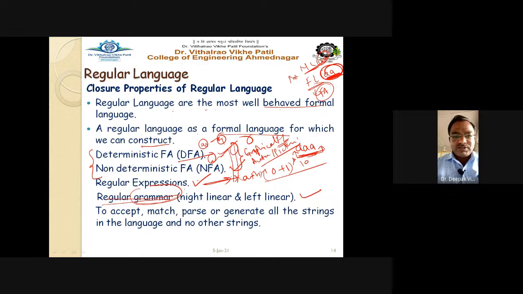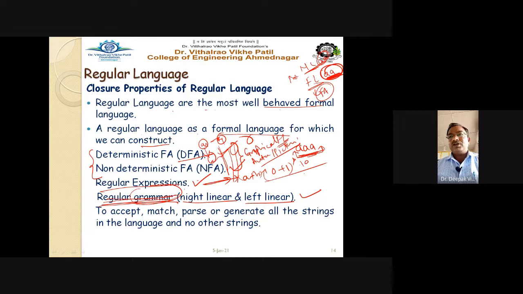And one more way to define a language is called your regular grammar. It may be either a right linear grammar or a left linear grammar, that we are going to see. But for the regular language, there are three ways to define it. Your automata is one way. Remember, listen carefully: the regular language is defined graphically or pictorially by way of your automata, which may be a DFA or an NFA. It can be expressed with the help of your regular expression. And another way is nothing but your regular grammar.